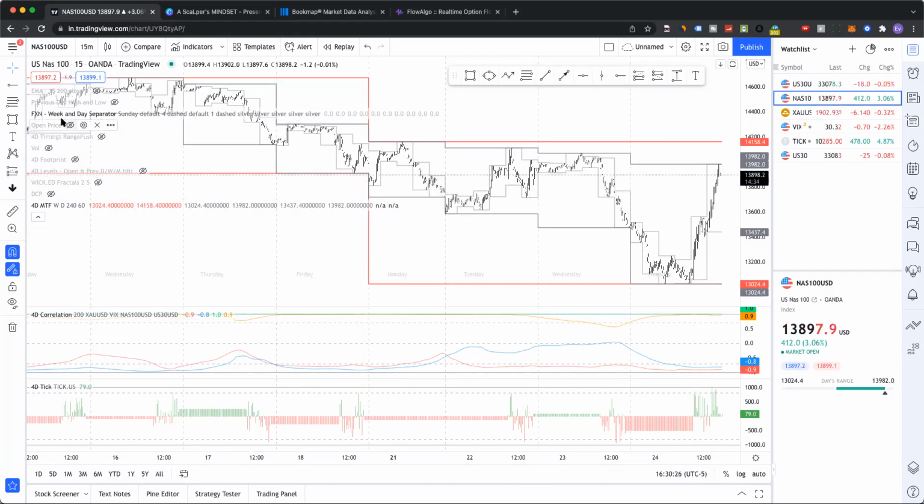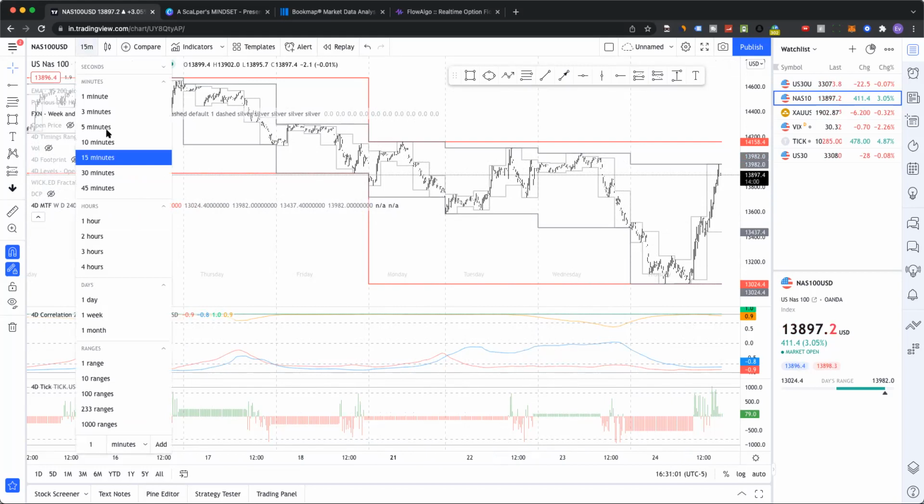Okay, then we have our multiple time frame indicator. So this is basically going to show you each time frame. For example, this red box right here is our daily or our weekly time frame. Okay, and then we have our daily time frame here separated in the gray box, and the lower we go, this goes into the 4-hour time frame, so we can see how each candle is being built without having to switch